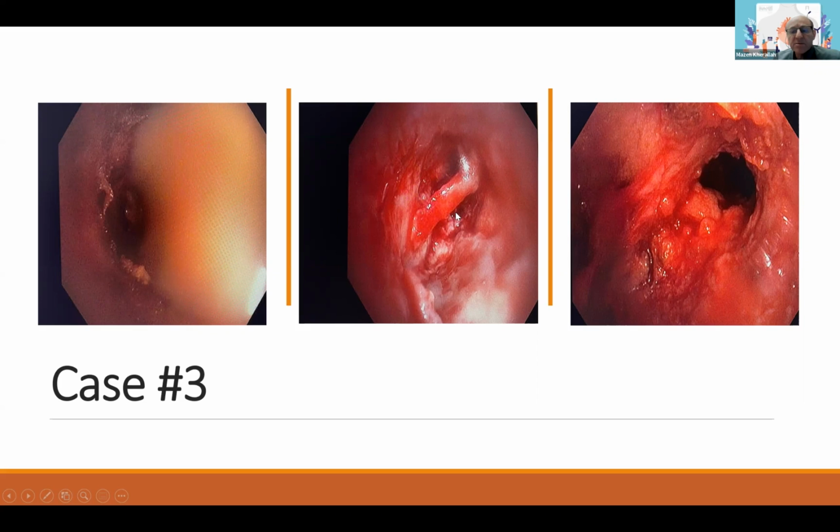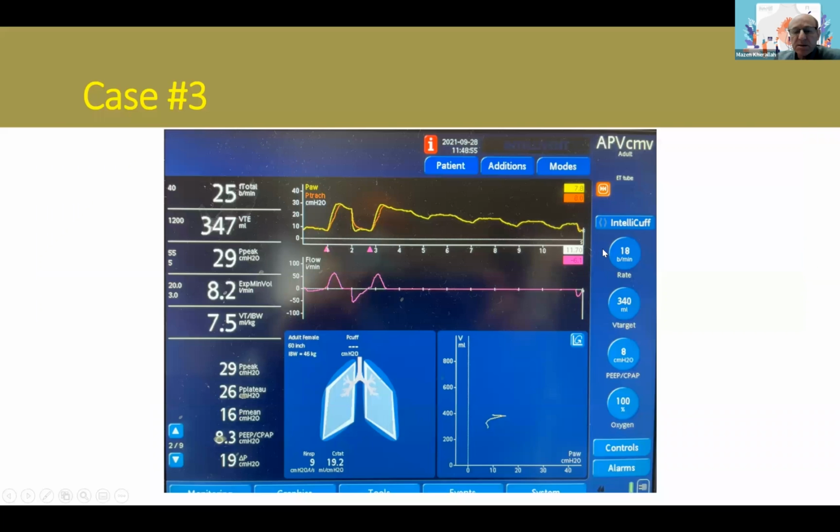And then we advanced more and suctioned more, and then we saw a gap here. This dark hole that you see is a bronchopleural fistula. So the patient was actually having a major air leak, and he's leaking into the pleural space. And this is actually to show you